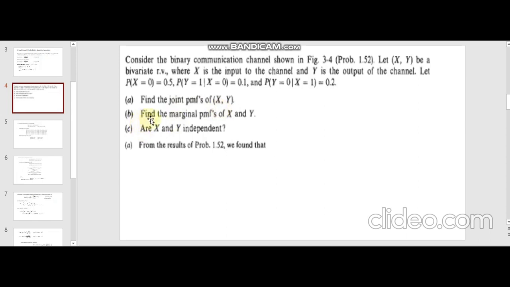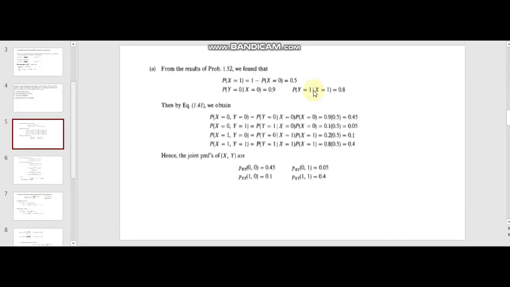Next, find the marginal PMFs, probability mass functions, of x and y. Are x and y independent? So let us talk about the first case in which we have to find the joint probability. In problem 1.52, we have given that the probability of x is equal to 1 is equal to 0.5